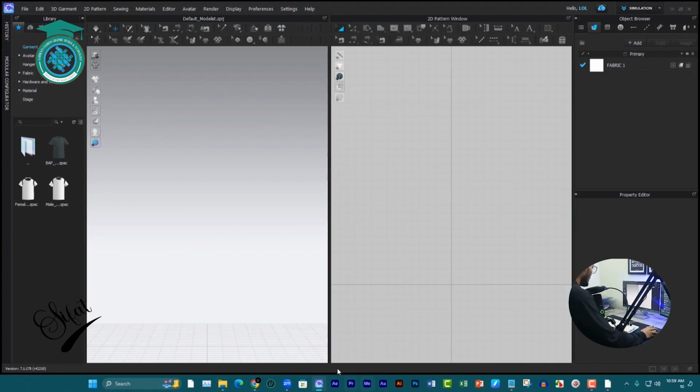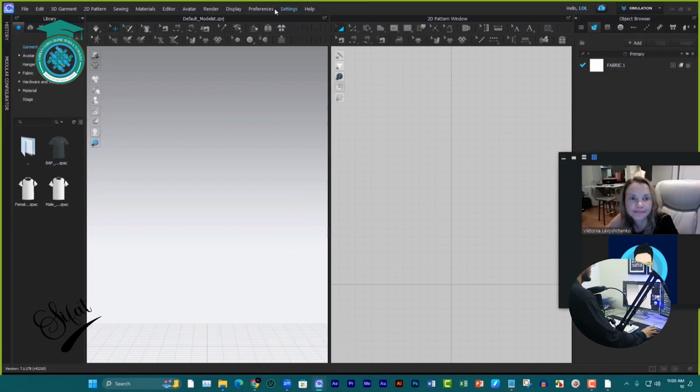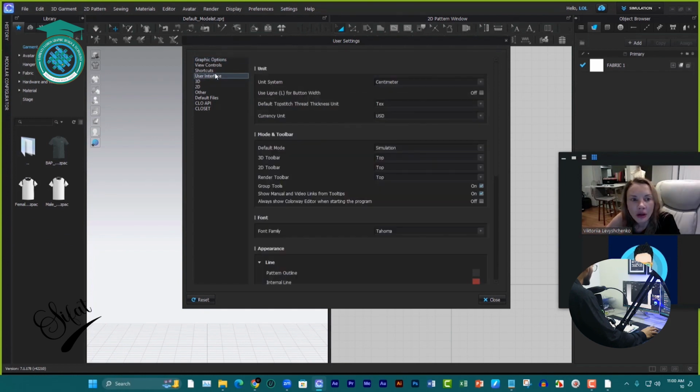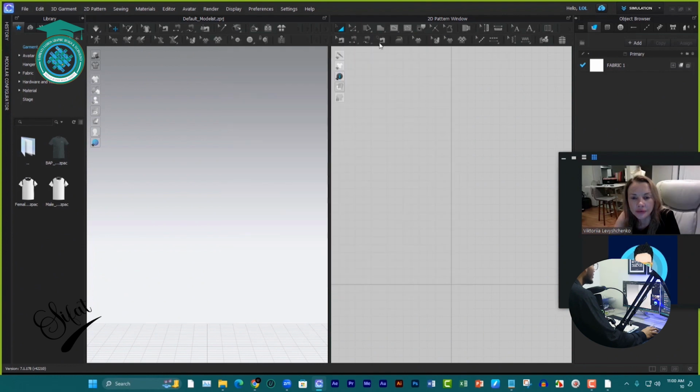Okay, let me share my screen to you. So first of all, go to settings, user settings. Okay, then when we choose user interface, okay, simulation default mode, simulation is okay. 3D toolbar tops, okay, 2D toolbar tops, render toolbar tops. Now you are facing that when we drag the mouse, we can use those types of